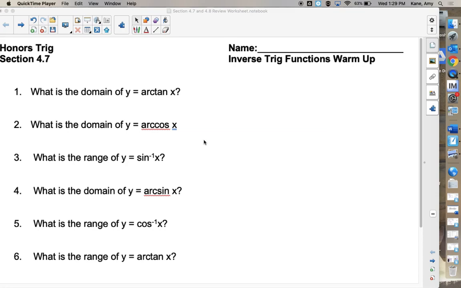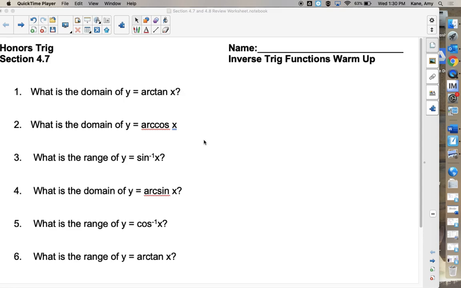Visualize the actual graph in your mind. So we have the tangent. Let's just talk about regular tangent. What's tangent look like? Yeah, like a cubic graph, this guy here. So this is tangent. If I take its inverse,